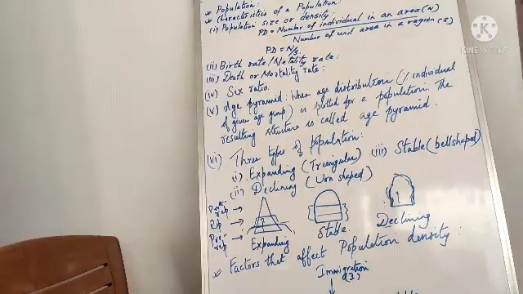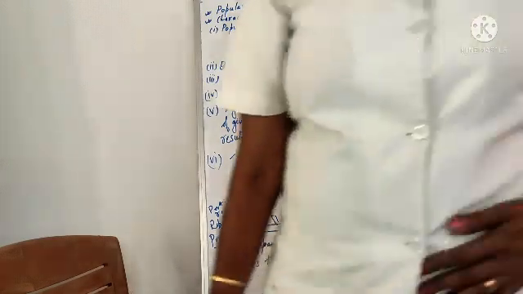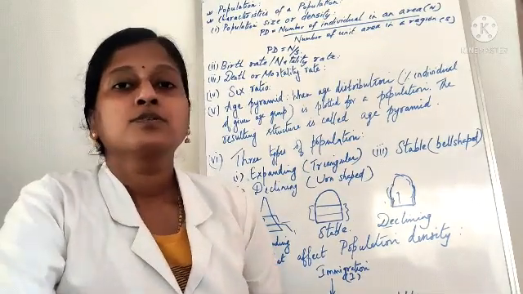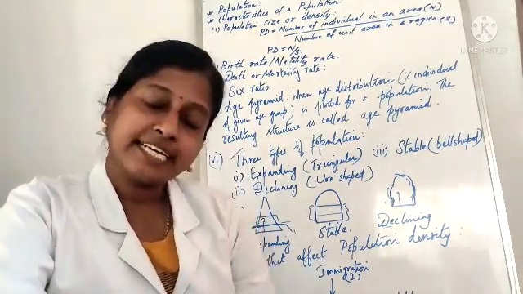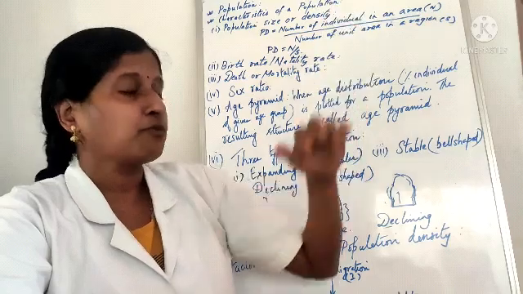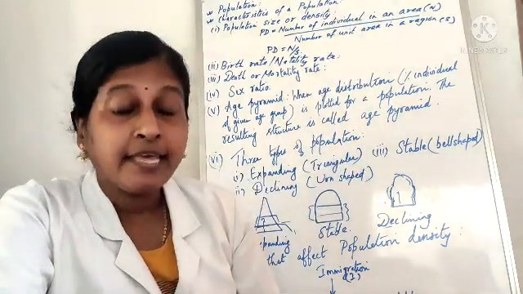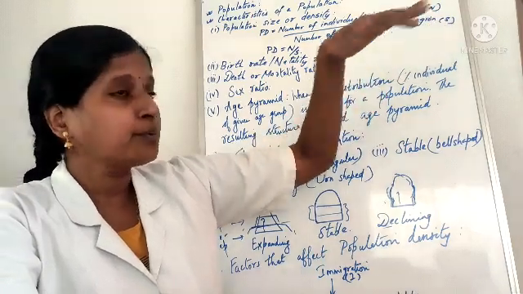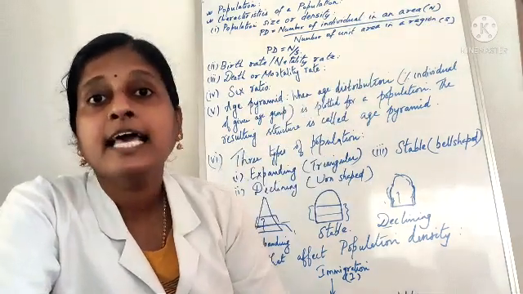Next, what we are going to discuss is population attributes. In this, the first is your population density. So population density is equal to the number of individuals in an area. So total number of individuals in a given area is represented as N, and the area is represented as S. Number of unit area in a region is represented as S.